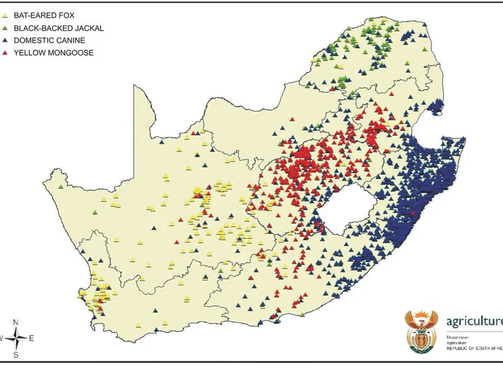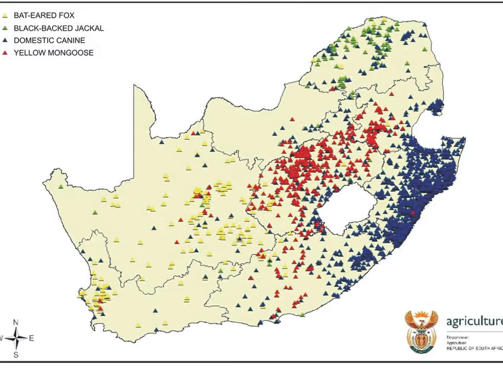So this is the distribution of rabies virus in South Africa. You can see the species listed here, bat-eared fox, so the yellow, that's mostly more the arid areas towards the western side and central side of South Africa, and black-backed jackals, that's more in the northern provinces in Limpopo